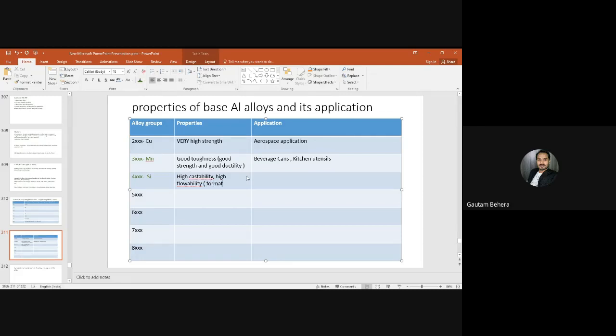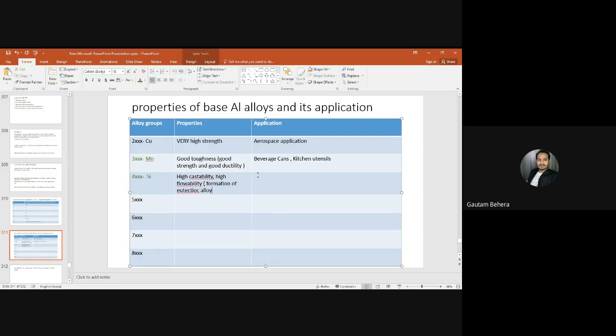Formation of eutectic alloy, basically 12% or 11.7%